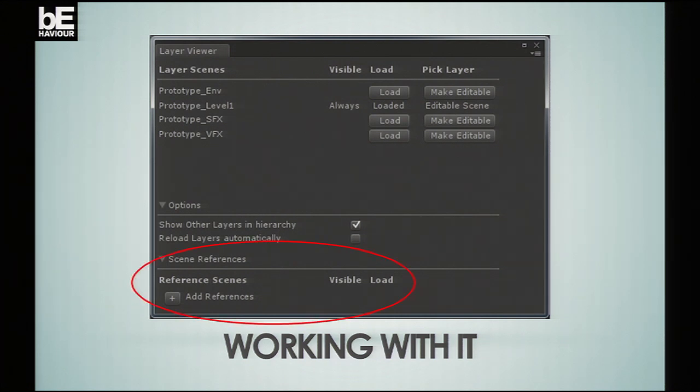So I was saying that, let's say I've got area A, and then I'm building something that will stream. And there's always a problem where you've got two sections of your game that are next to each other. And what you want to do is to be able to see them in the editor to make sure that at least the level is the same height, right? You don't want to create a gap. So you can load individual scenes that way and turn them visible or not.